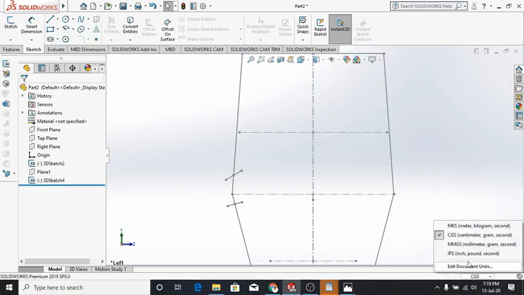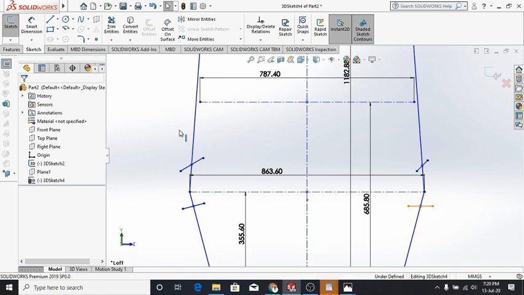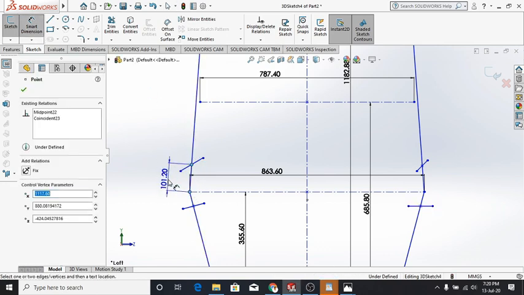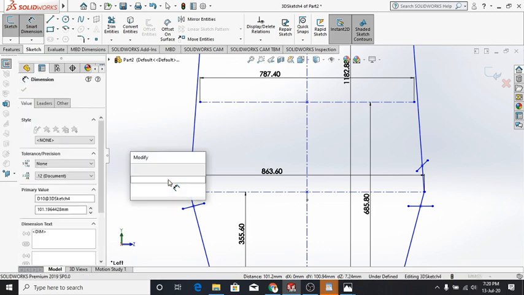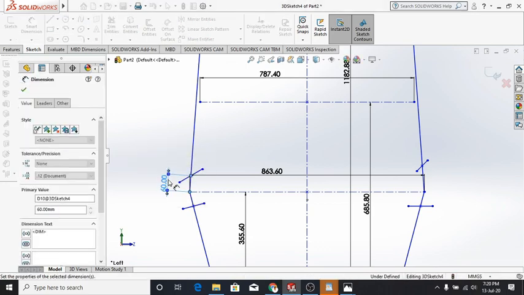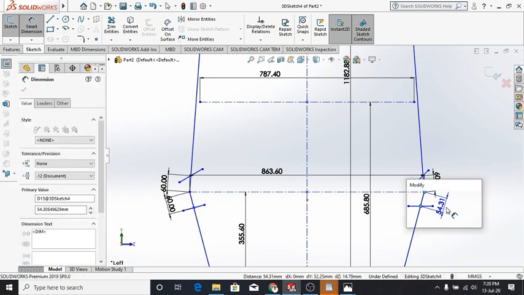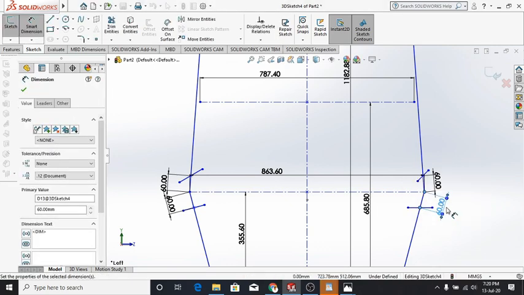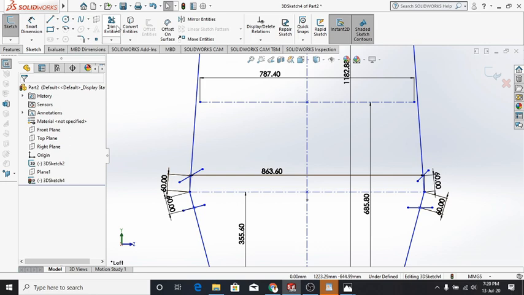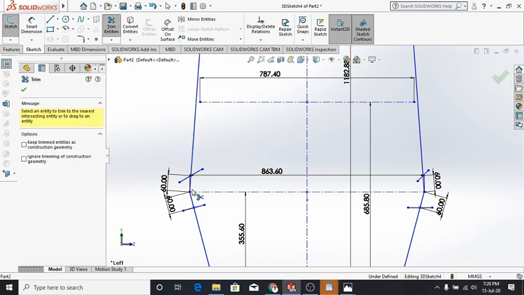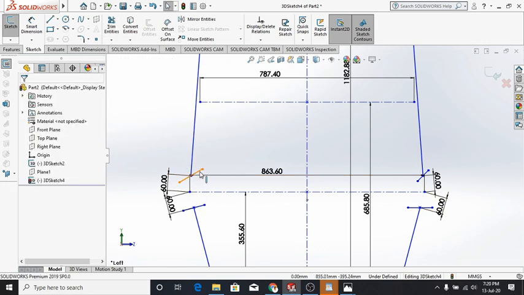The dimension from here to here, let me put it as 60 mm. Trim this part. Now delete them.